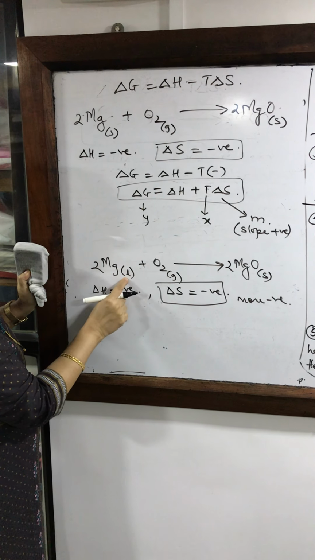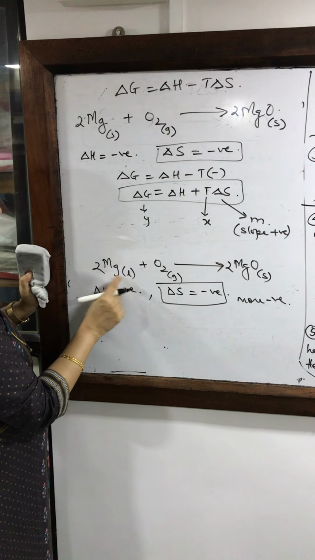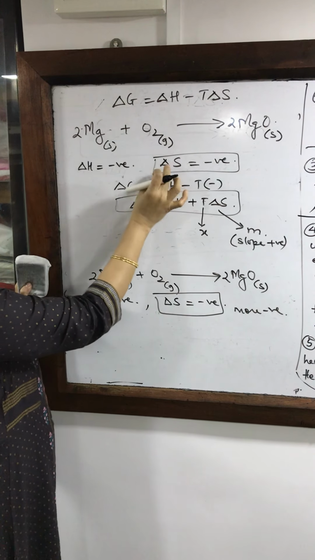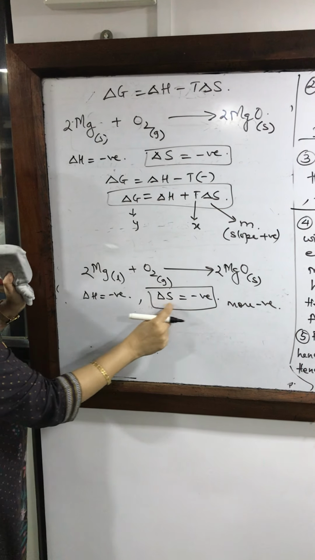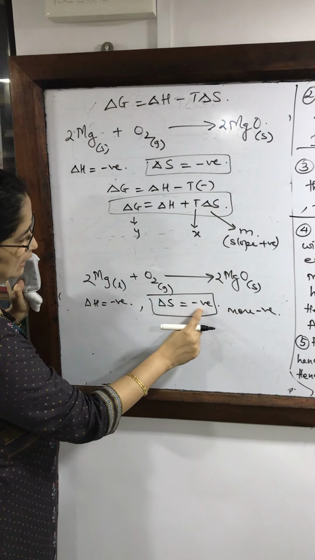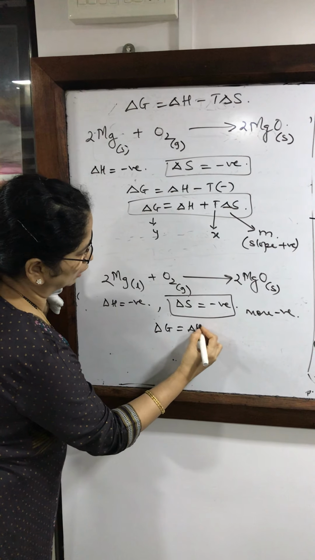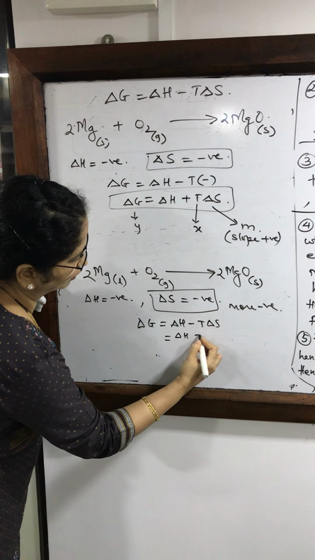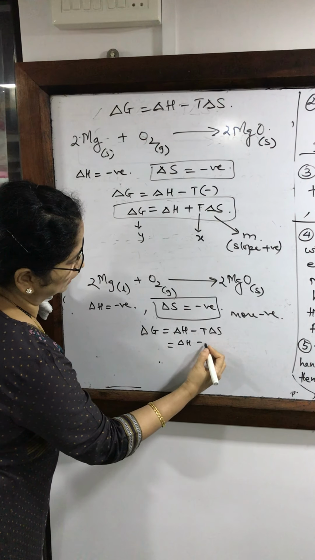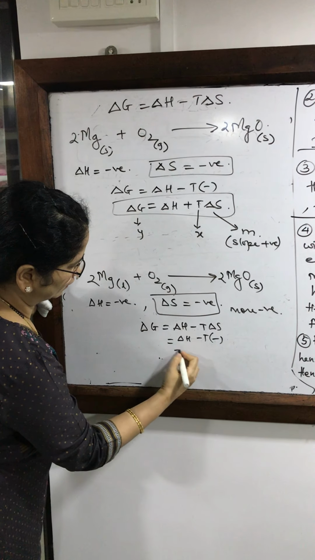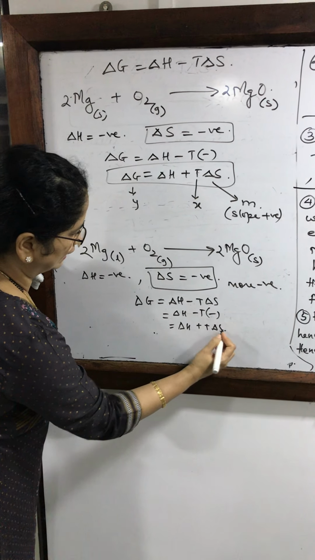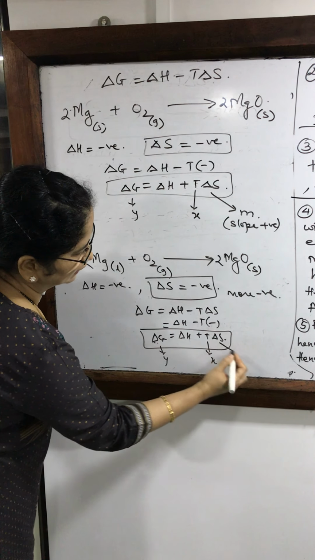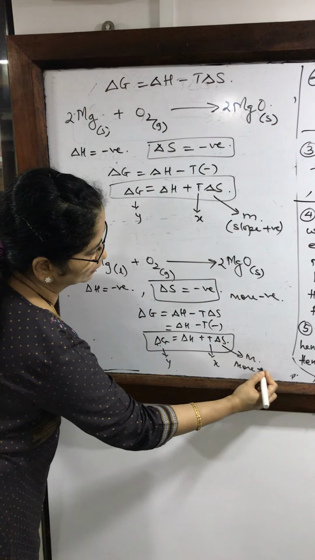If you compare the entropy of these 2 reactions, then here it is more negative, because in this case there is liquid reactant. There are 2 moles of liquid reactant. Here this is solid, so this is not taken into consideration when we are measuring delta S. So here delta S is more negative. And if delta S is more negative in this particular situation where the metal has melted, then here this will become a more positive T delta S.